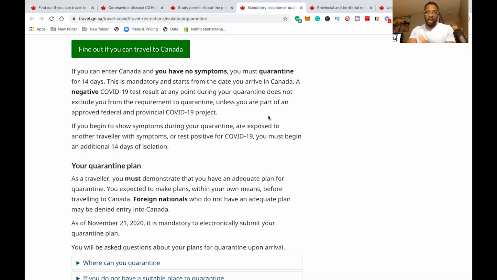This is again the third requirement. The first requirement is you check if your school is among the designated learning institutions. You have your valid study permit. You make plans to isolate for 14 days. Then the next step is going to be